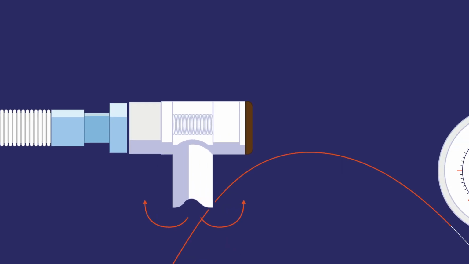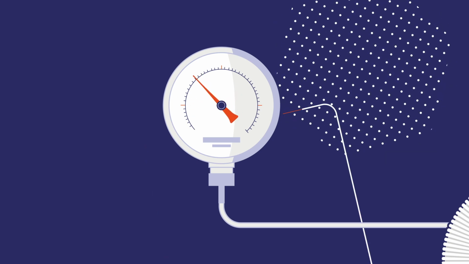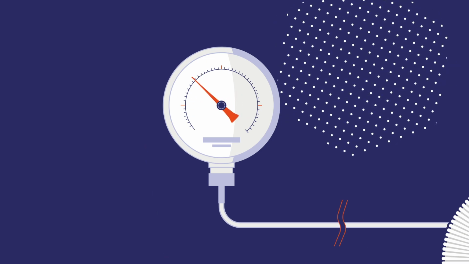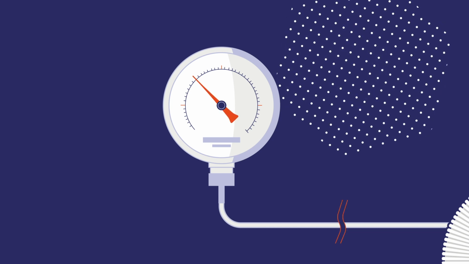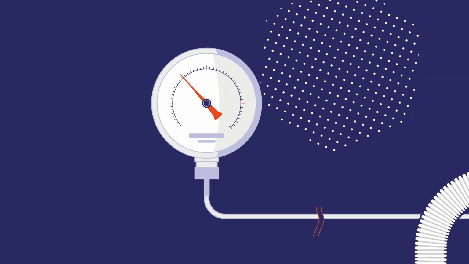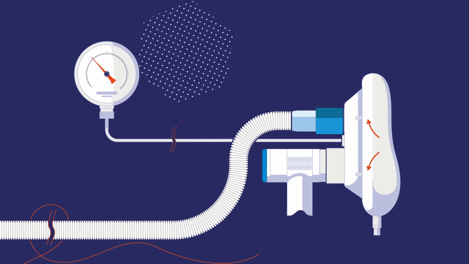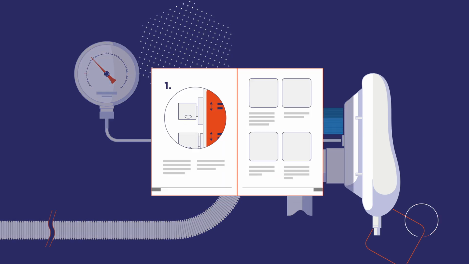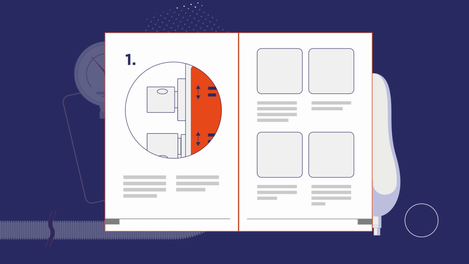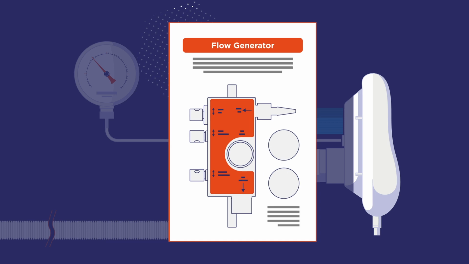External monitoring should be used to ensure that the flow generator setting is suitable for the patient. Devices such as a manometer or an inline pressure gauge will show a constant pressure approximately the same as the PEEP valve specification. If the delivered flow is too low, the pressure exhibited will indicate a significant drop when the patient inhales. This inadequate flow can be corrected by increasing the flow from the flow generator. Follow the manufacturer's guidelines in operating the flow generator.